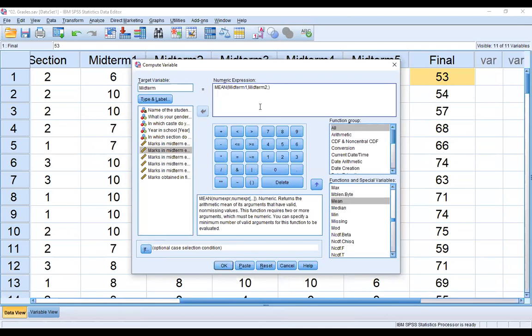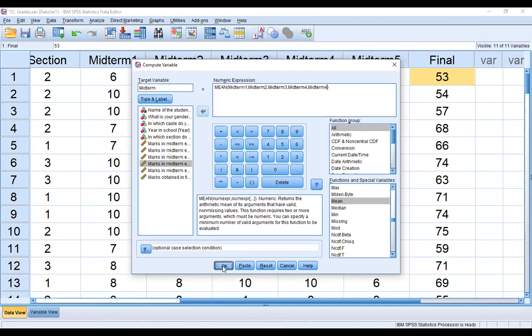Then the third variable, because I'm taking the mean of 5 midterm exams: midterm 3, and then midterm 4, comma, and midterm 5. Okay, and then continue.